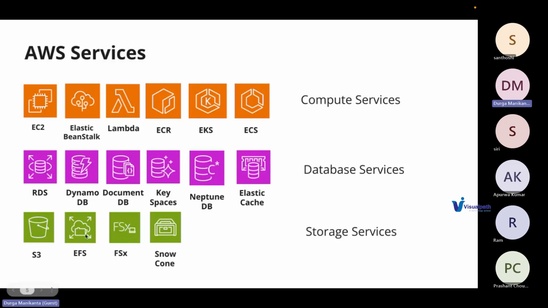EFS is Elastic File System, which you can mount only to Linux systems. FSx is again a file share which you can mount to Windows servers. Snowcone is simply a hardware device that is available in order to migrate lots of data. Those are the various services, but I just told you at a high level. We'll discuss each service in detail.